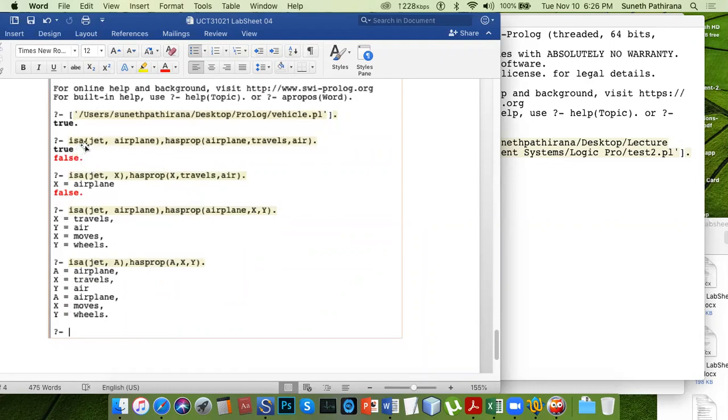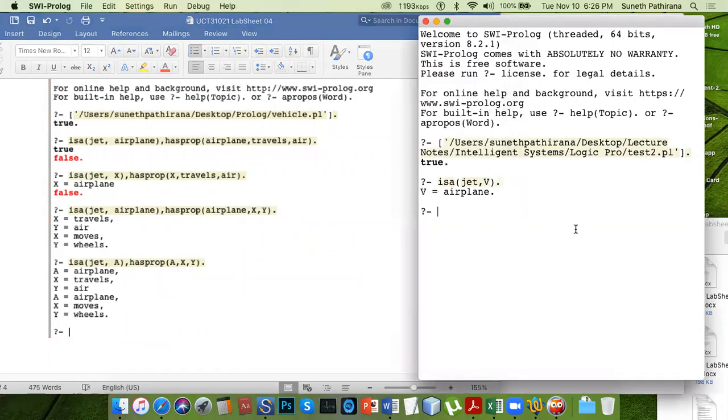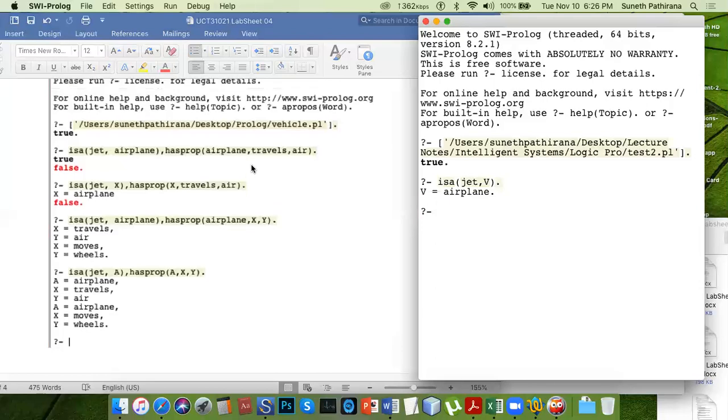If the jet belongs to the category airplane, we already found that. Just because we have found that, we can ask the question then. Do airplanes travel through air?